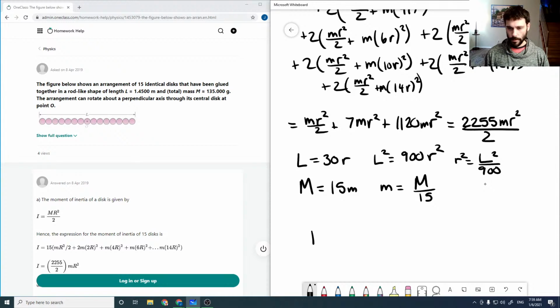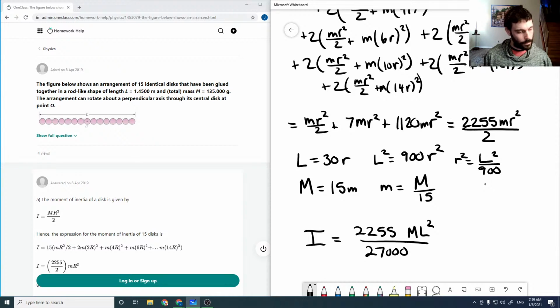So if we do this, our moment of inertia is now 2255 ml squared over 27,000. Which, putting in the values